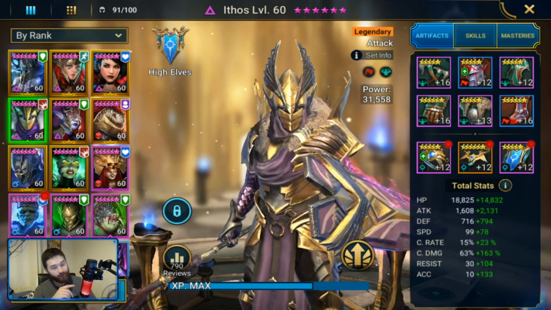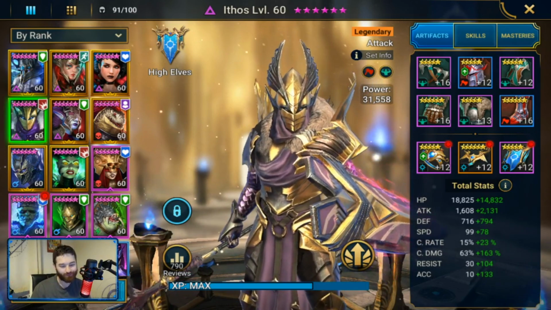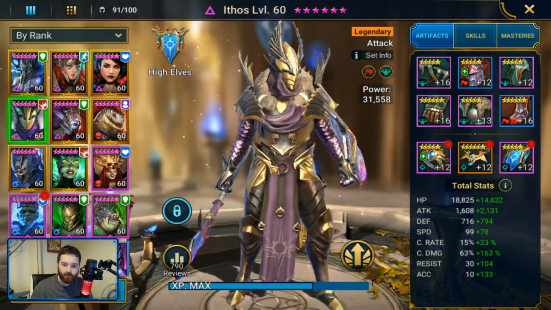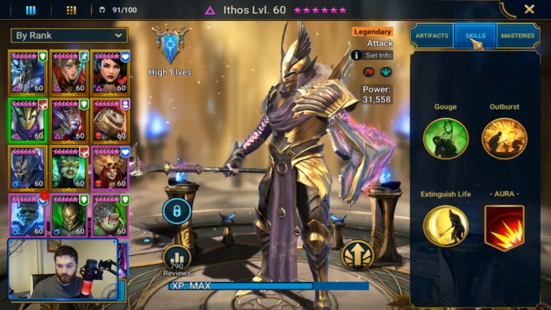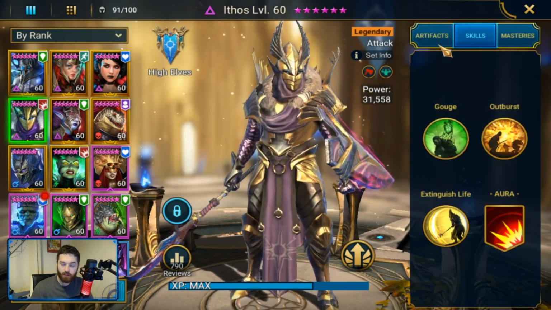It is Eternal here with another episode on Raid Shadow Legends, and today we're doing a champion guide. It's going to be on this guy, and this guy is Ithos. He is very Greek sounding, he is pretty high elf looking, and he hits like a truck. So I'll go over his skills really quick, and then we'll go over his masteries and how I've got him